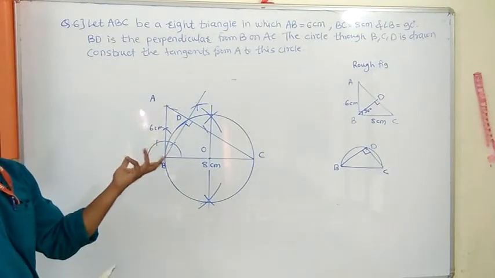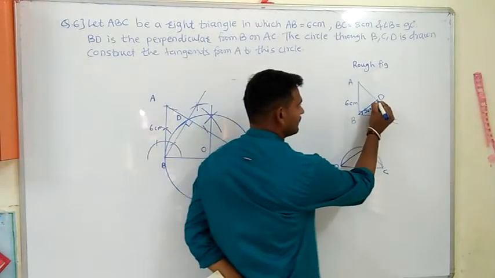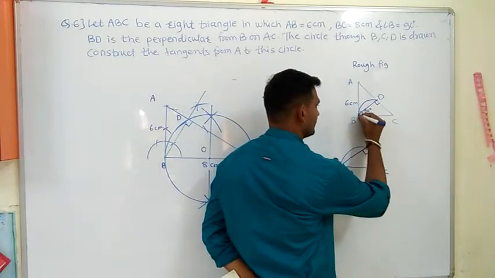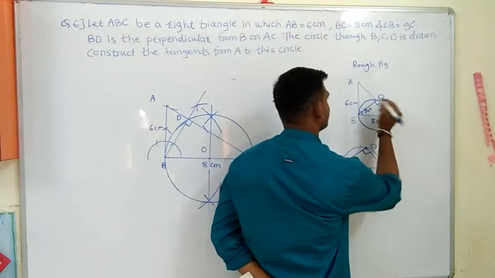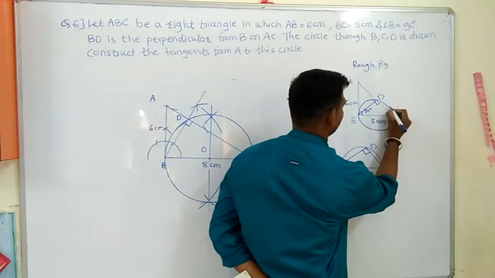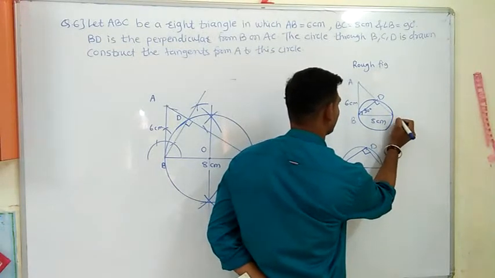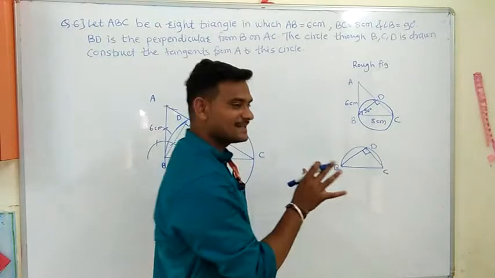We know the procedure. How to draw? First, we have to join this point. Here, I will do the rough work first. This circle we got here is rough work. Don't laugh, it is rough work. It may not seem to be a circle, but you have to consider it a circle.